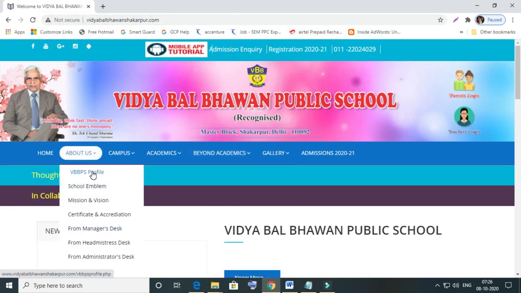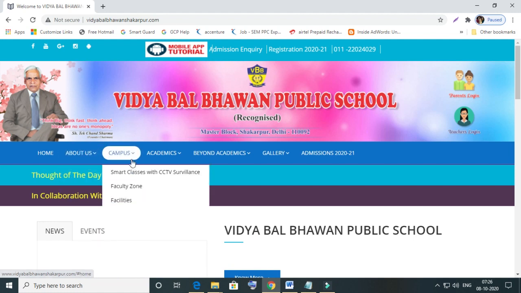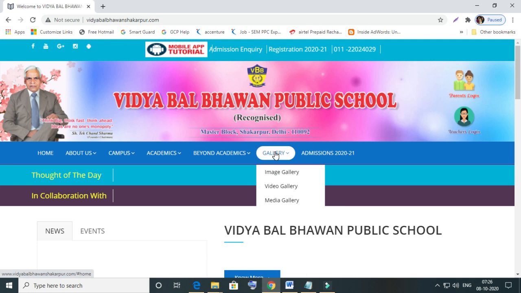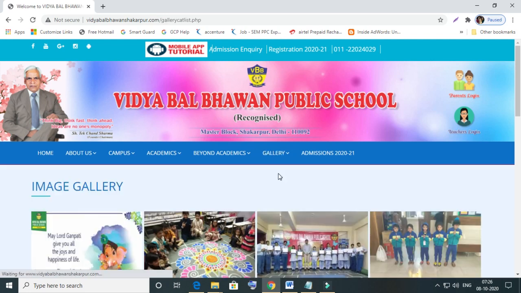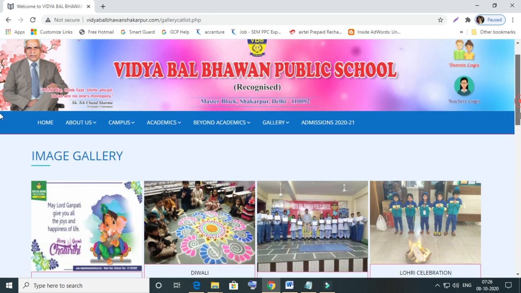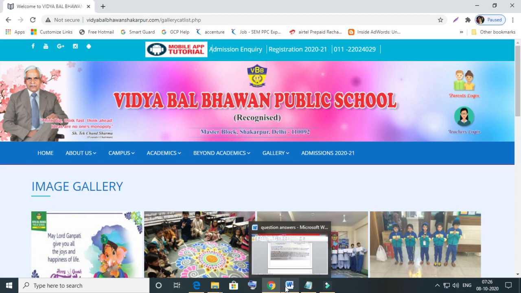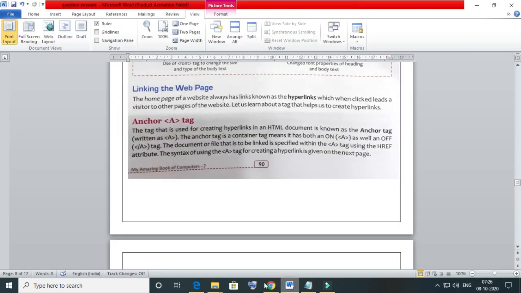And if you want to go to any of these, like gallery, image gallery, see there are links, and these are the hyperlinks. One page is connected to another. And for this we basically use the anchor tag, the a tag.